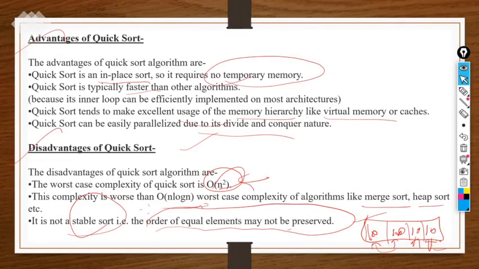We will use some other algorithms in the next lecture. We will discuss the merge sort algorithm and heap sort algorithm. So stay tuned with the lectures. We will do the remaining sorting algorithms in the next lecture.